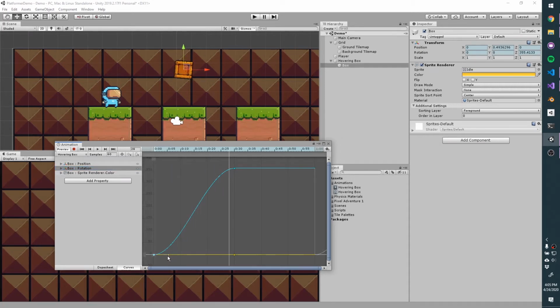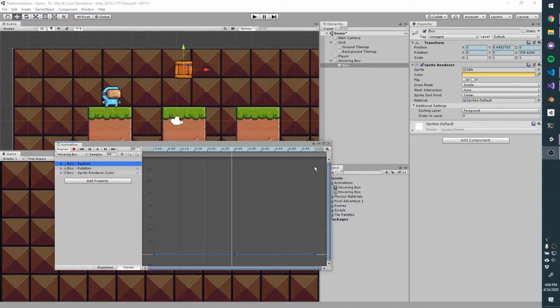And you can edit the curve and change how the value goes from one value to the next, which can have drastically different effects on the feel of the animation. It's a little bit beyond the scope of what we have time to do today, so check out the manual. There's a whole lot you can do to breathe new life into your animations. So I'm going to stop this, I'm going to undo that, and